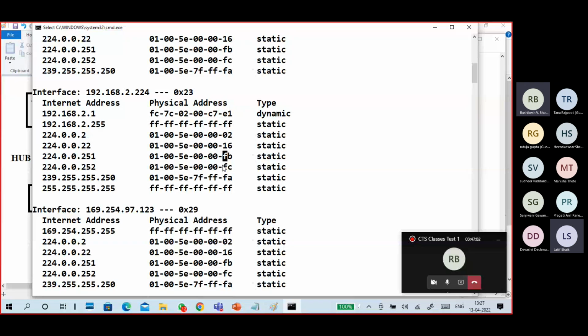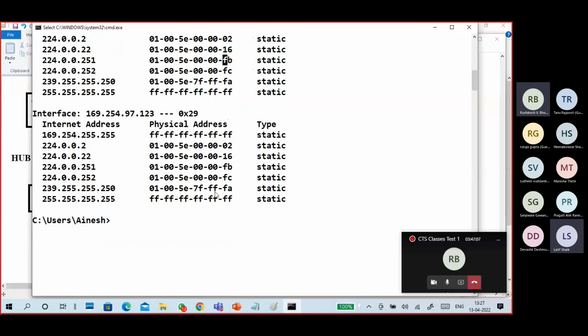I select my Wi-Fi name settings. My IP address is 192.168.2.118.